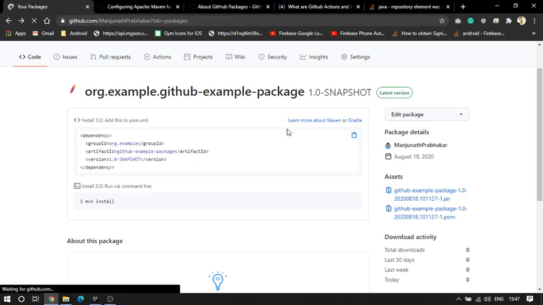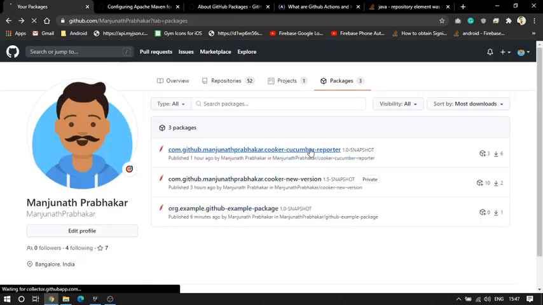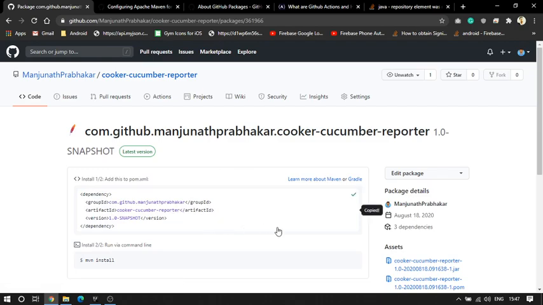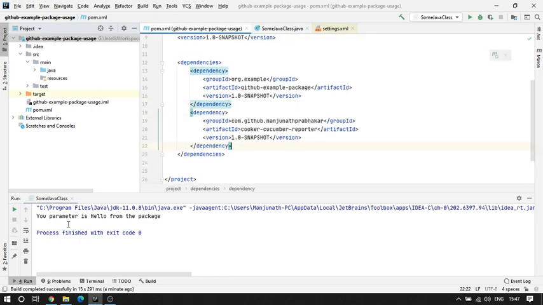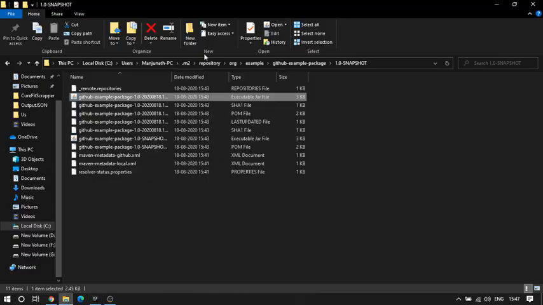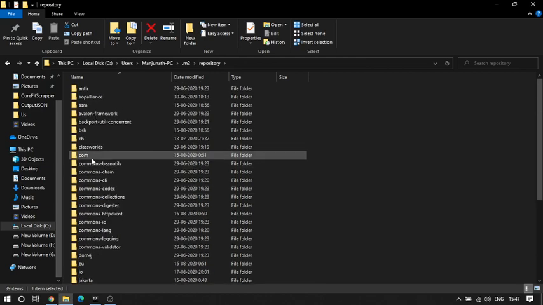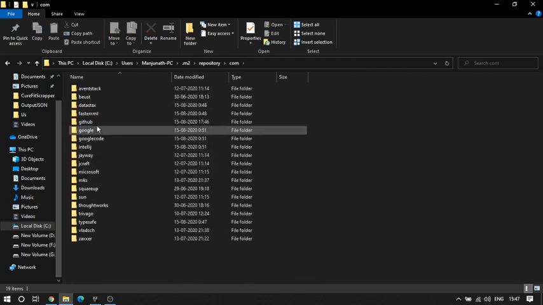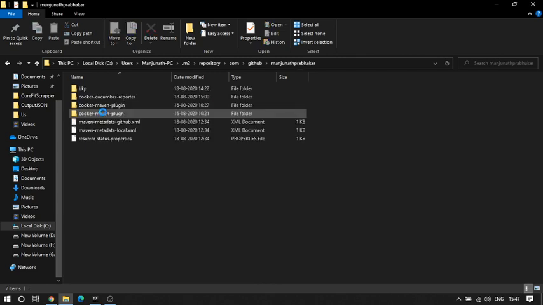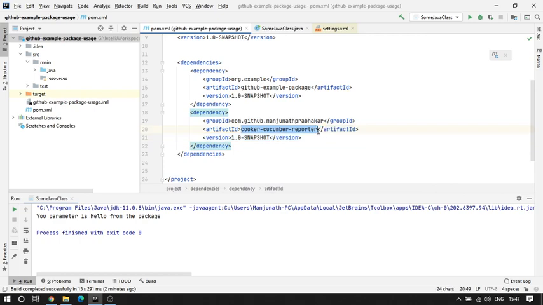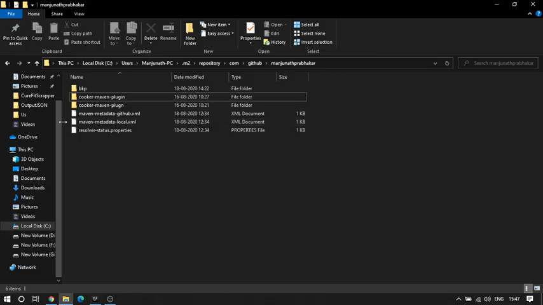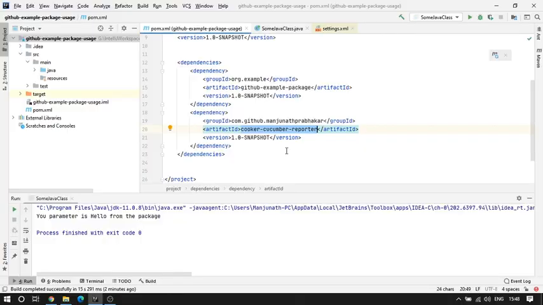let us go back and okay, this is my again. I'll copy this. So I've copied this, right? Okay. So I'll come to the POM file under dependencies. I'll just paste this one also. So just to show you guys, I will also delete this from the repositories. It is in GitHub under my name under this one. Okay. So you can see Cucumber reporter, com, GitHub, Manjanath. I am under that, but I've deleted the file.